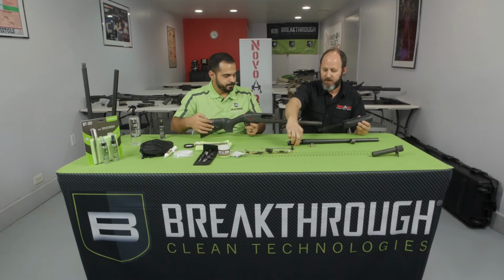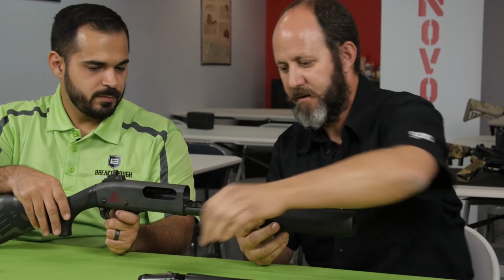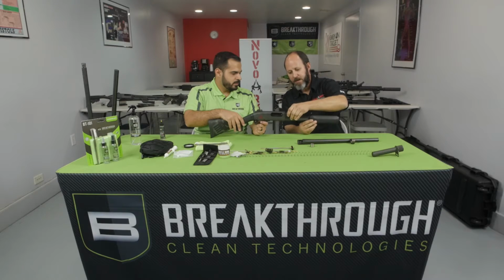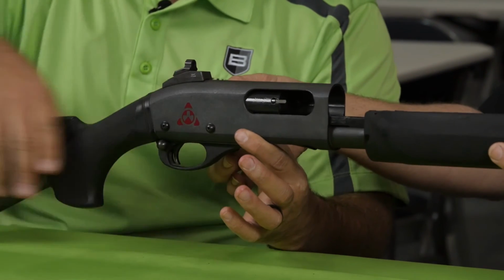I'll hold it for you. Okay. So we're going to put the bolt and the bolt carrier back into position. Slide it in gently. You got it there? As you can see, he's pushing the action release at the bottom, which is going to allow it to slide